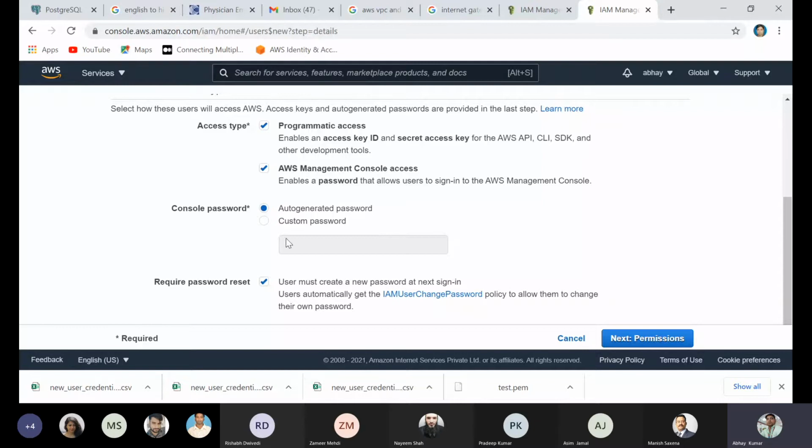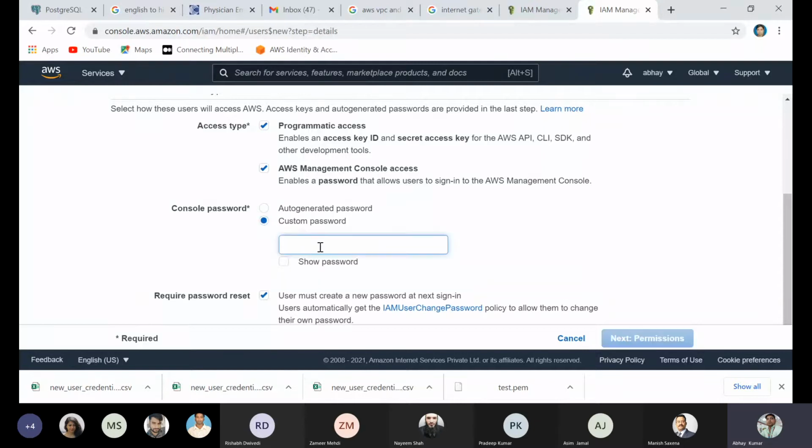Here you can choose a custom password. You can mention your own password. There are some restrictions for the password. It must be 8 characters, including a special character, numerical, and all these things.